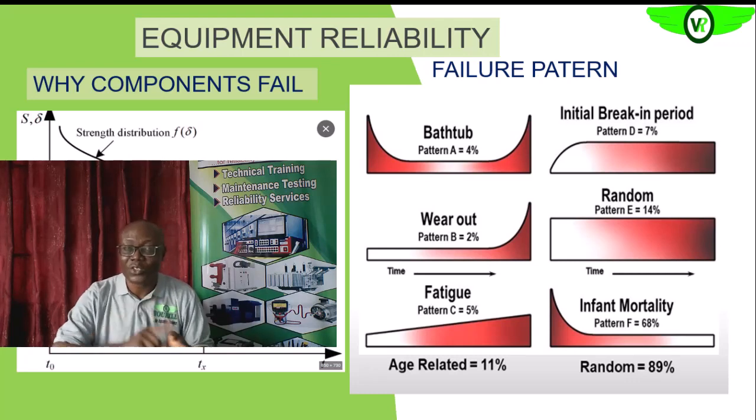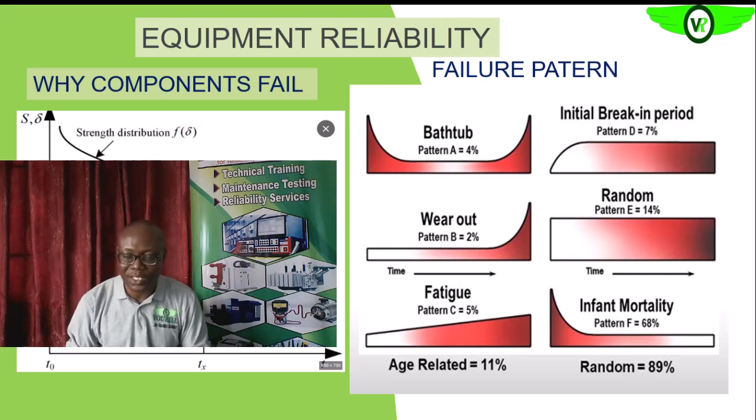So it could be current, like we said, could be voltage, the environment, and what have you. So whatever stressors compromise the integrity of our system, we want to take care